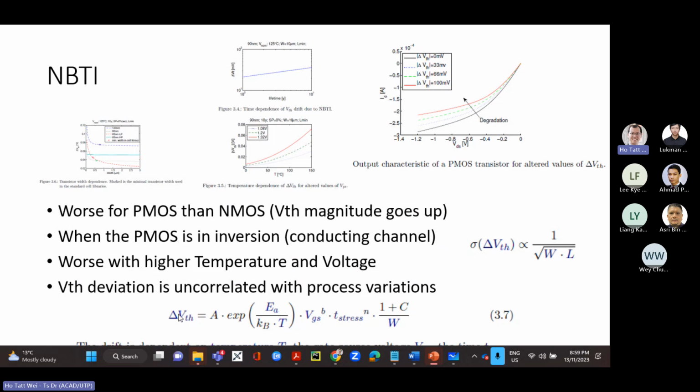Once you can calculate delta VTH, you should be able to apply this delta VTH to calculate the delta ION. And once you get the delta ION, you should be able to say how much longer the delay is, how much additional delay time there is. And as I mentioned, this delta VTH is a change in the mean of the effective VTH, so it's going to affect the delay in the mean.